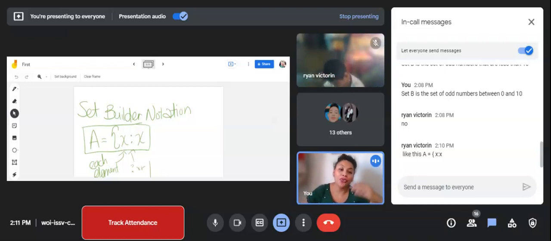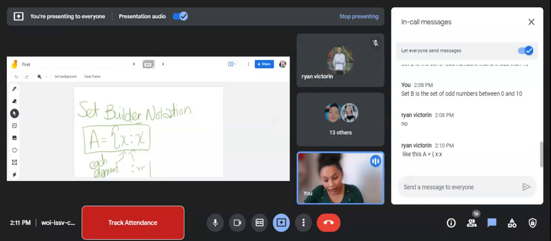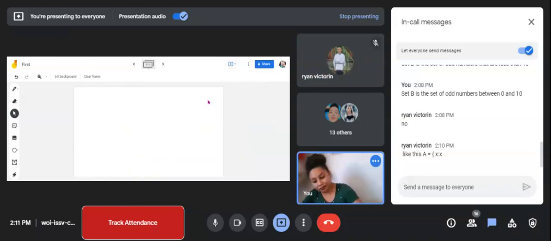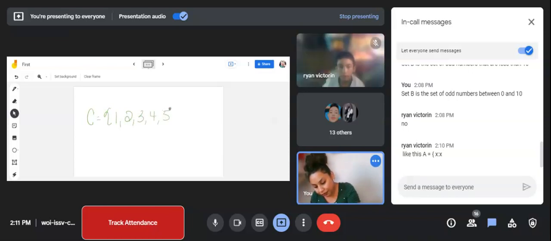Now, how you write the rest of it depends on what the question is giving you. All right? So let's take a look at one example. Let's say that I give you guys set C is 1, 2, 3, 4, 5. And I want you to write this set in set builder